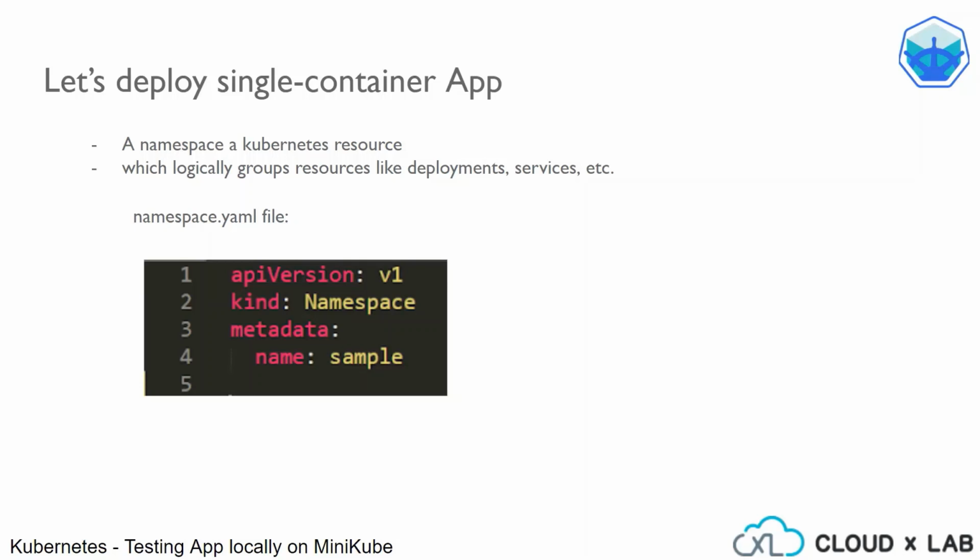Let us understand how we mention the specifications of the namespace. The first keyword here is apiVersion, which, as discussed previously, is the version of the Kubernetes API we are using to create this object called namespace. Here, since we want to create a namespace object, we write the same in kind. So kind means what kind of object you want to create. Next comes the metadata. Metadata is the data that helps uniquely identify the object, like the name string.